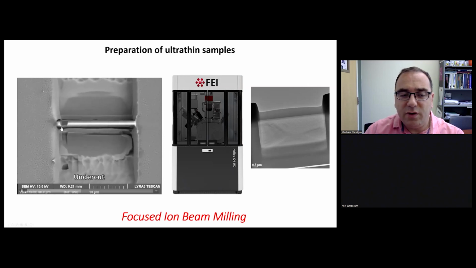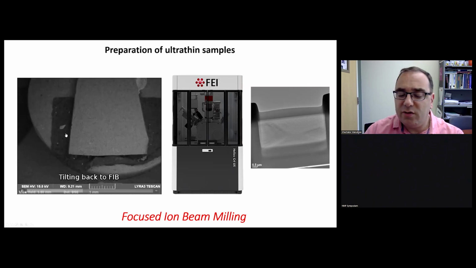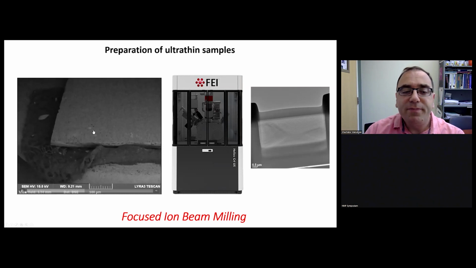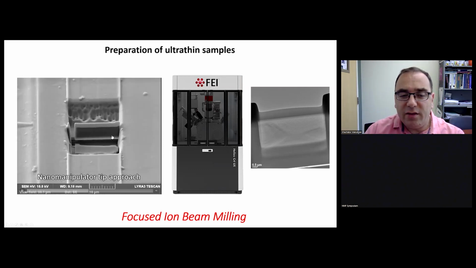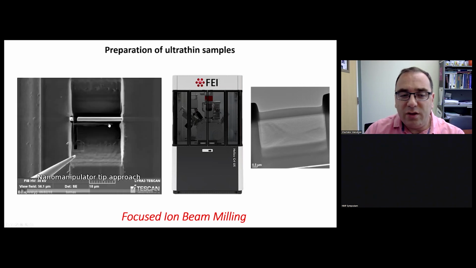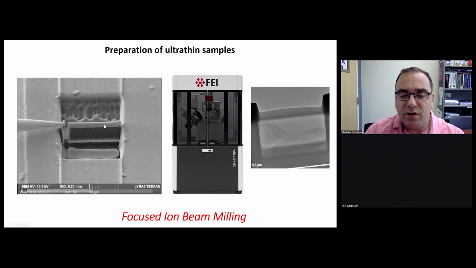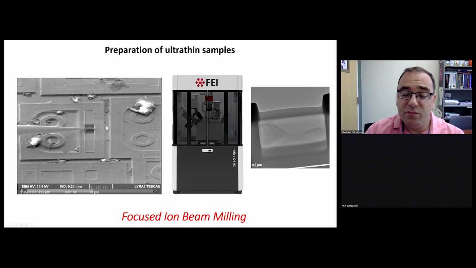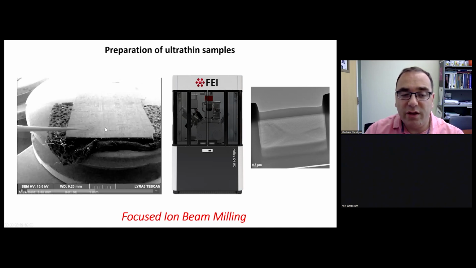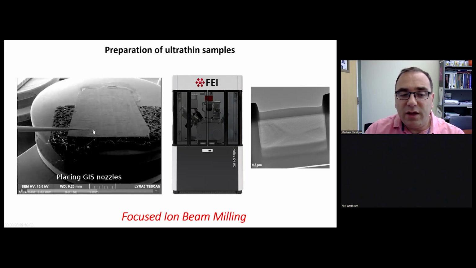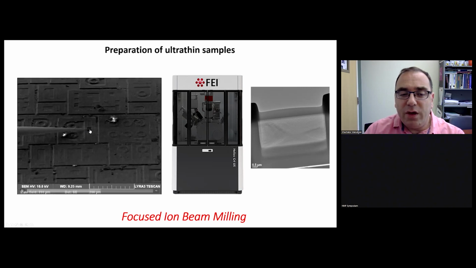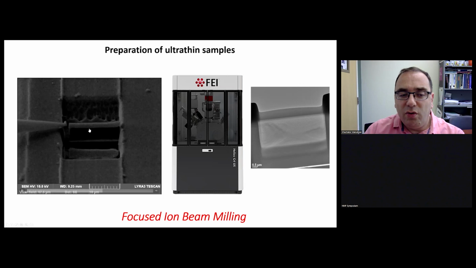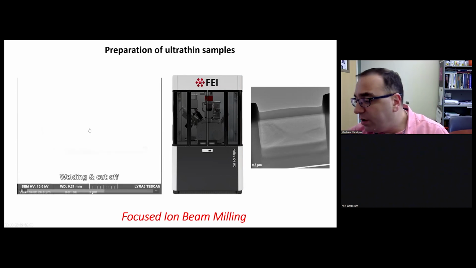So you could see we are now cutting with ion beam to isolate this very tiny area. Again, you cannot see this feature by eye. It's more than 10 times smaller than a human hair. So after doing this type of preparation, we take out this small section from